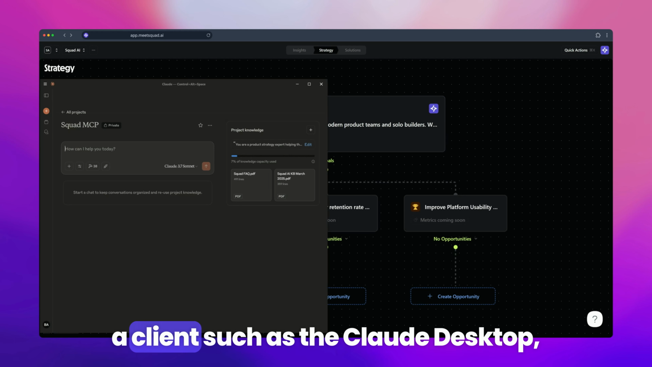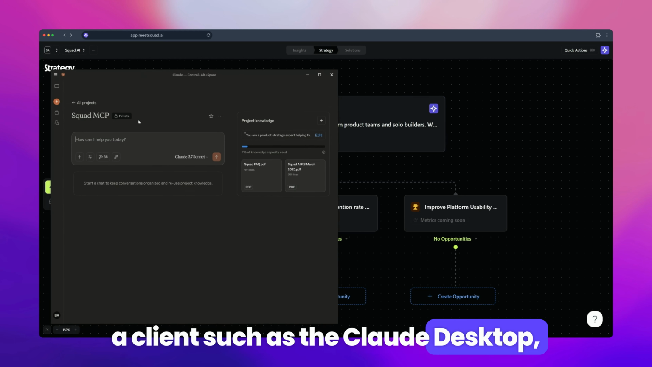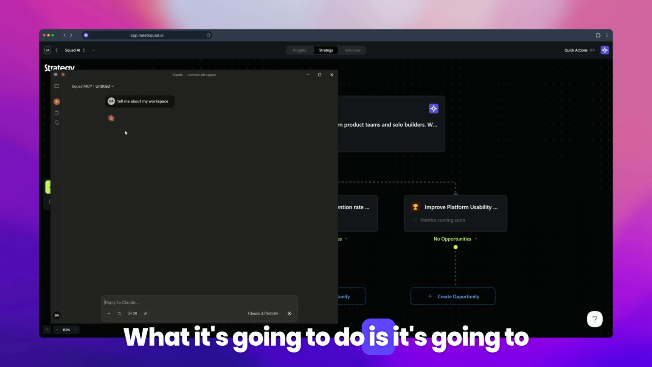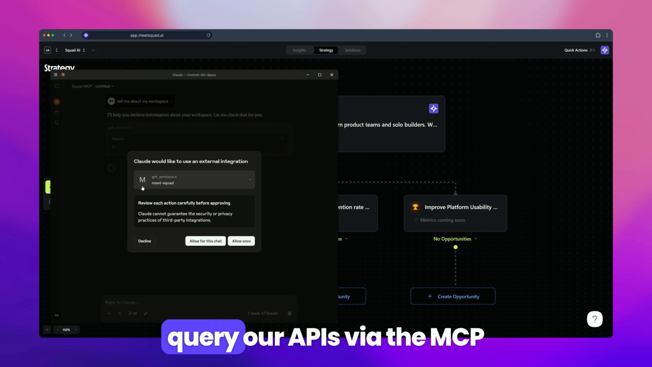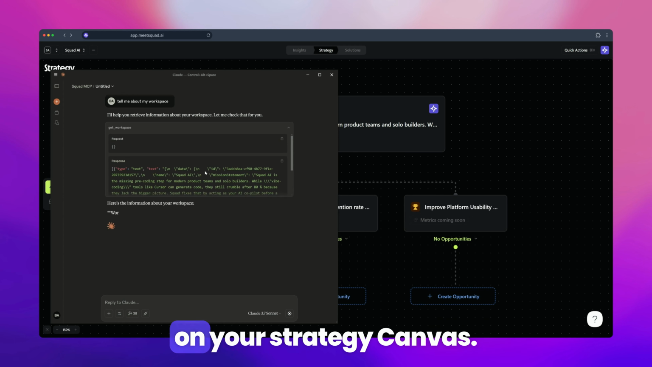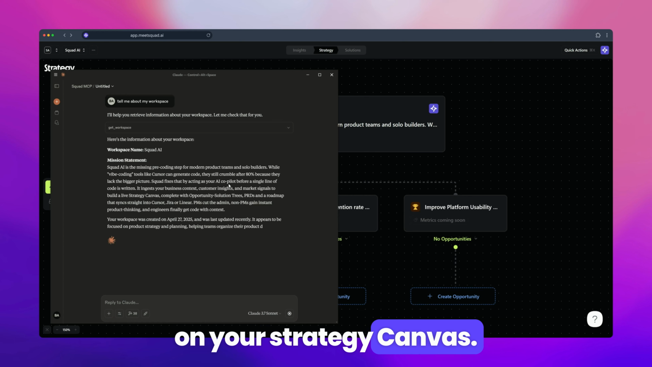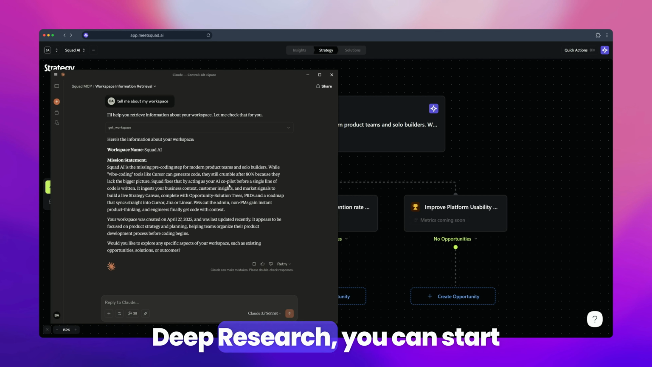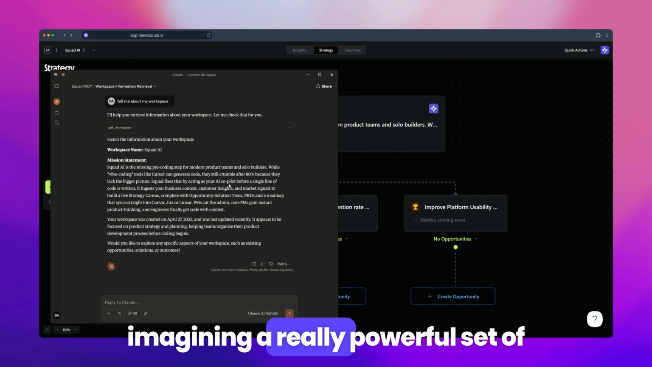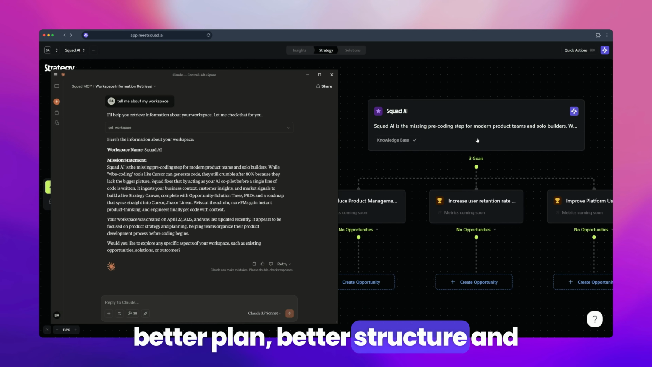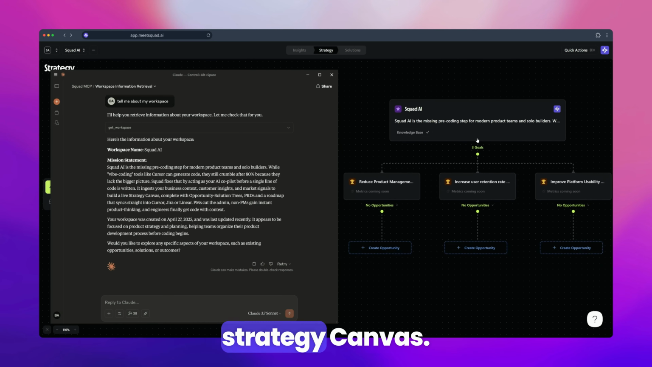That means if you're using a client such as the Claude desktop, you can effectively ask it, tell me about my workspace, and it's going to query our APIs via the MCP controller and give you information on your strategy canvas. When you combine this with other MCP servers, such as Perplexity's Deep Research, you can start imagining a really powerful set of tooling where you can effectively better plan, better structure, and better iterate on your overall strategy canvas